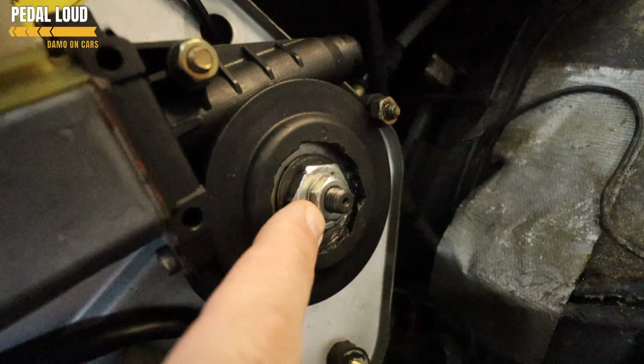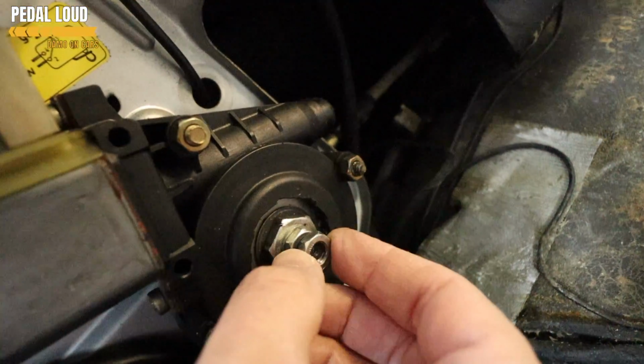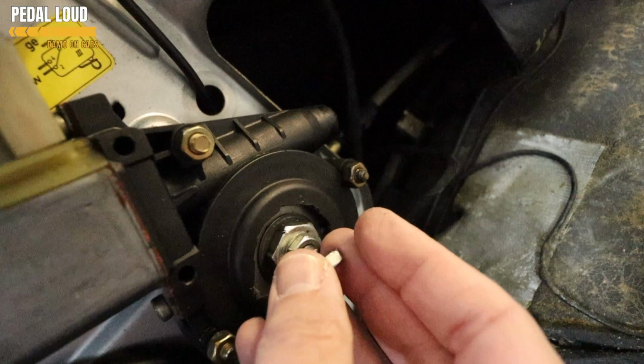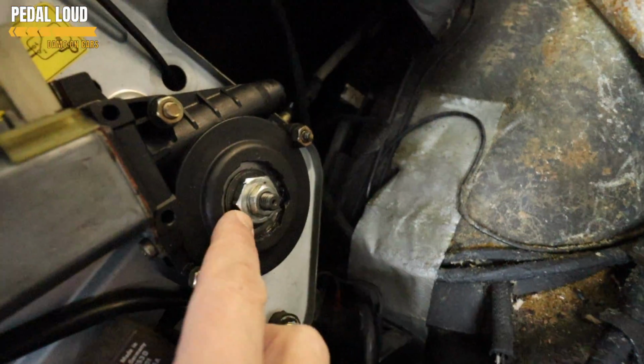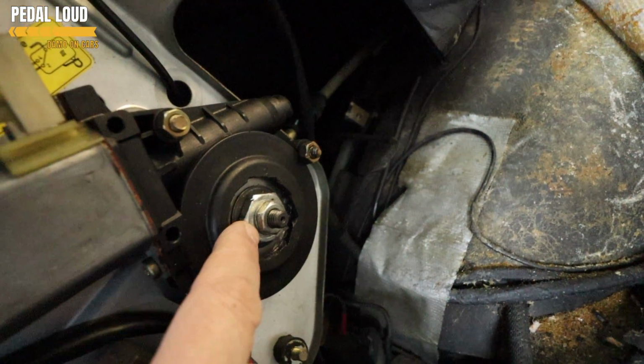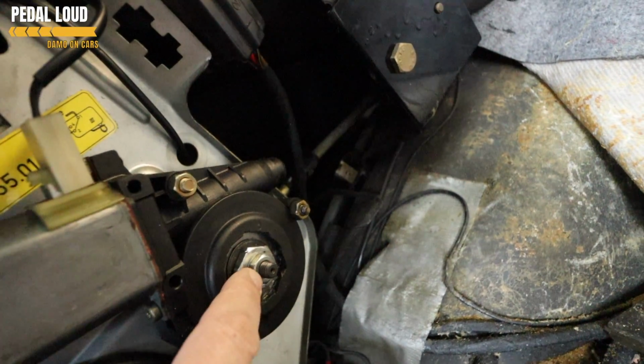If you slacken this off, well, okay, take a step back. First of all, there'll be a lock nut on here to hold it in place. We're going to put ours back on in a second. Get that off. That is not that easy to do, first of all. What it's a good idea to do, if you've got a flat or thin set of spanners, you can hold this and then turn this. What we actually used was an